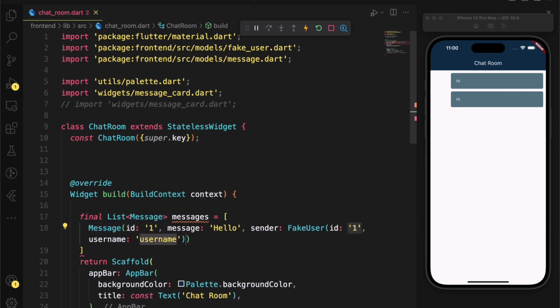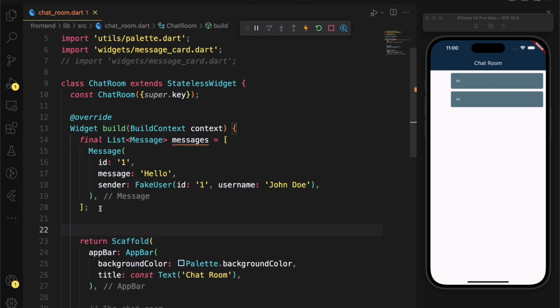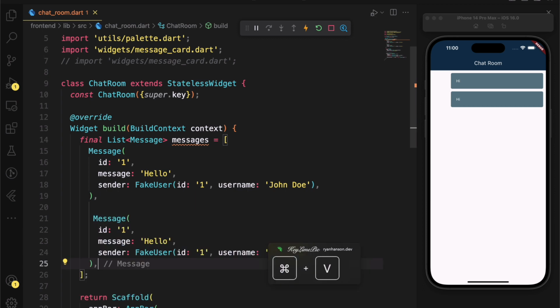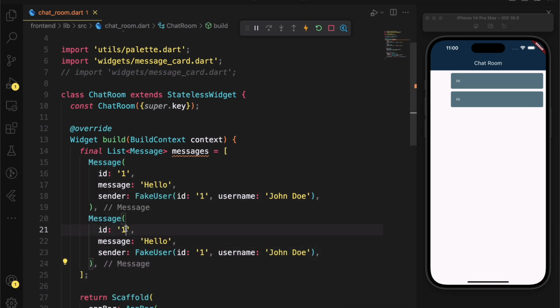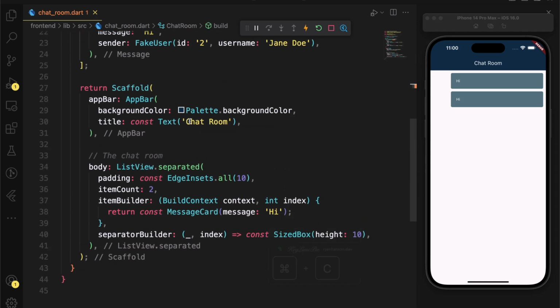And the user is also going to have an ID and a name here. So we're saying this name is John Doe, because that's the name we're going to display on the screen, right? Let's create another message here, and this should have a different ID from the first one. So this is ID2, and then the name should change to Jane Doe, and this different message, hi. So just, you get the idea.